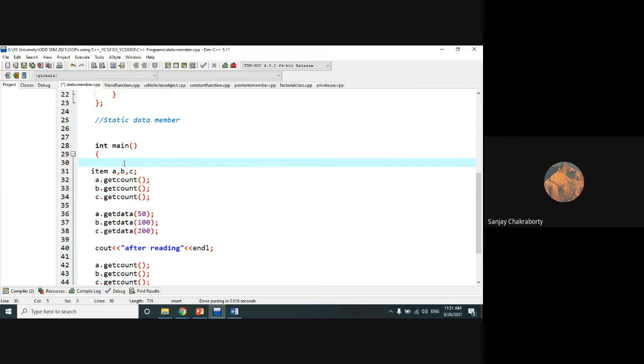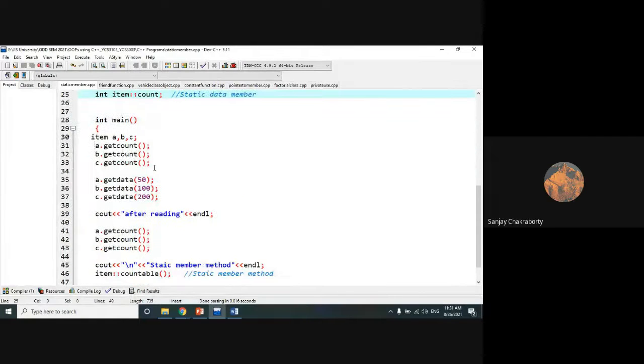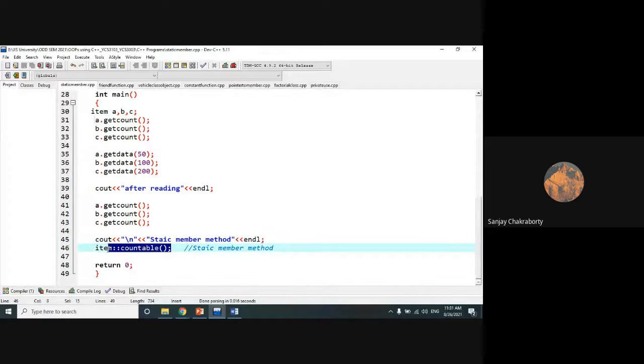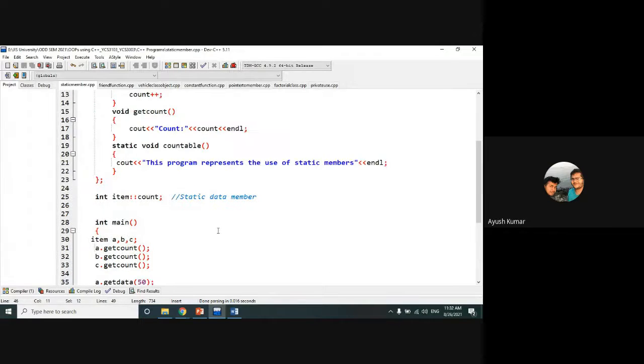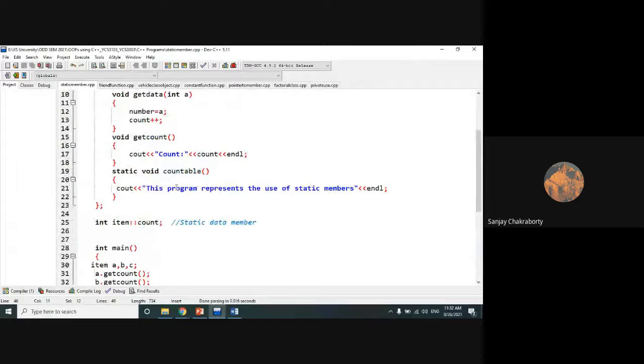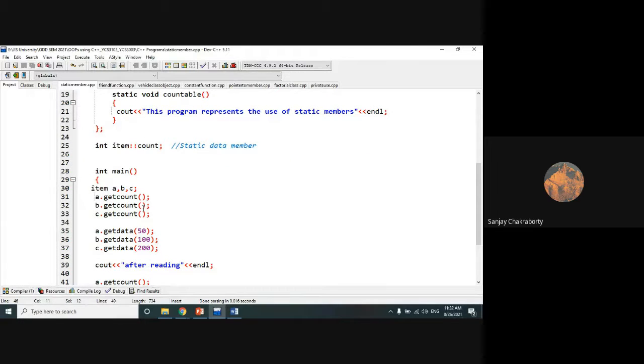Actually, in case of static, while you are calling the static functions from the main function, using the scope resolution, you can call this static member function without creating an object. But in case of a static data member, you cannot call it from the main function.